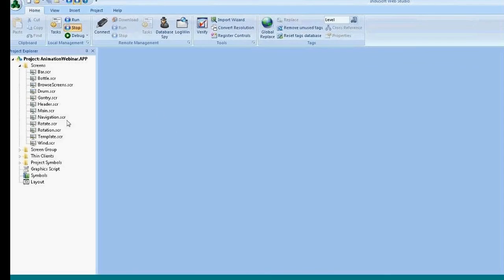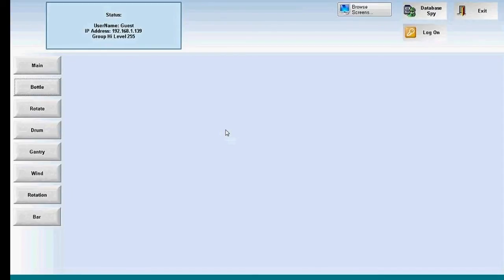What I've done before this webinar is build an application that has a foundation of screens and navigation. I want to talk a little bit about that before I get going. For those of you who have not watched the training videos or attended our training class, InduSoft Web Studio is very flexible as far as how it can use screens. We can make one screen take up the